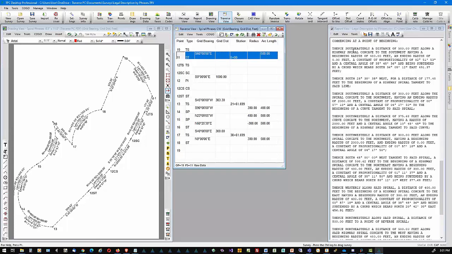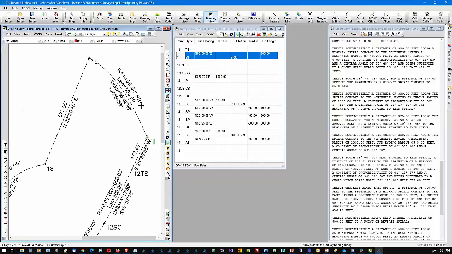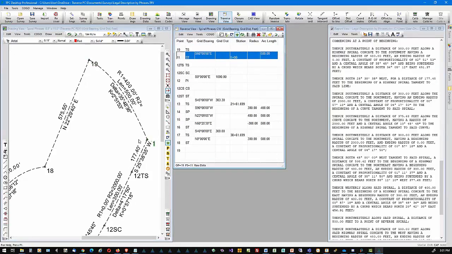Let's get the point displayed right here. Okay, so we're up here at point 1. I'm sorry, point 11. Background clearing is wiping out some of this stuff. We'll leave the labels on there for now. So we're at point 11